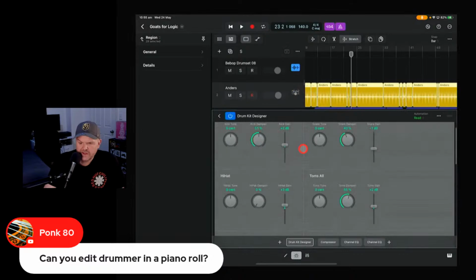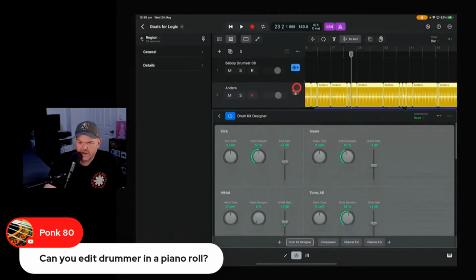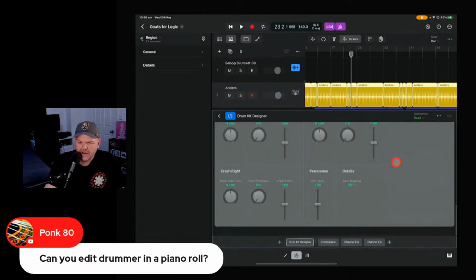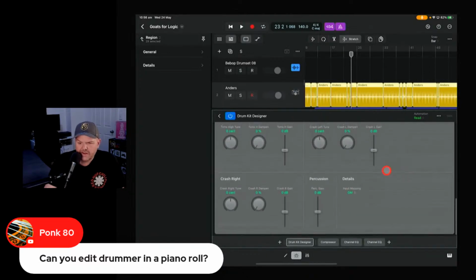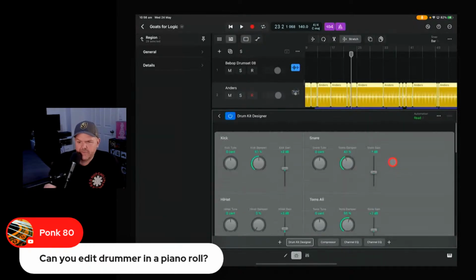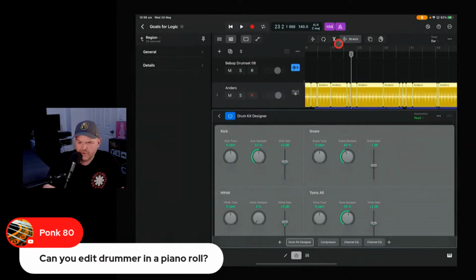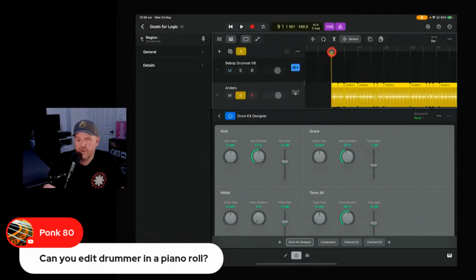Okay, so I guess this is pretty cool because your Drum Kit Designer is on your drummer, so we can actually change things like the tone of your kick. If you can change the independent gain of each kit piece and its tone, that's probably going to be what most people need or want, or the reason that most people would actually export them. So let's solo these drums with our mate Anders. By the way, did you notice that the names are gone? I've brought this across from GarageBand, so it still says Anders, but if you created a brand new drummer track, no Kyle, no Anders, no Benny, it all just says rock drummer or metal drum or whatever they call themselves.